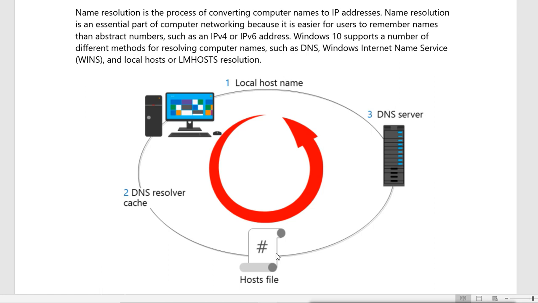If you have 10 or 20 machines in the network, in old days we did not have many names and IP addresses to remember. So we had a small network at that time, and the host file was used. In the host file you have a name and IP address written. When any machine wants to get an IP address, it will look for the name in the host file. When it looks for the name in the host file, it will find that this name means this IP. So suppose I want to connect to some machine.